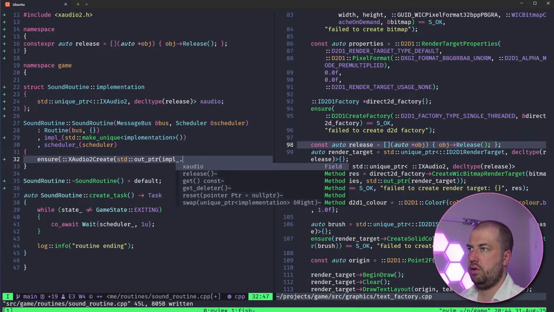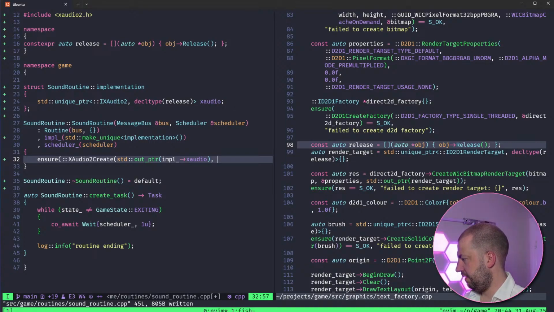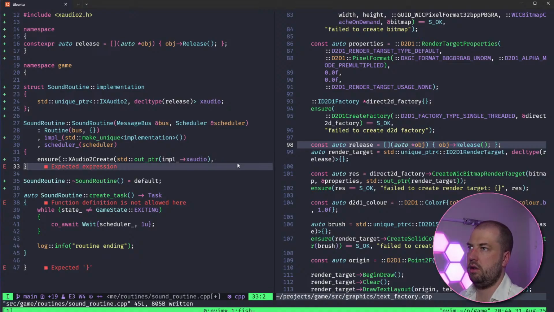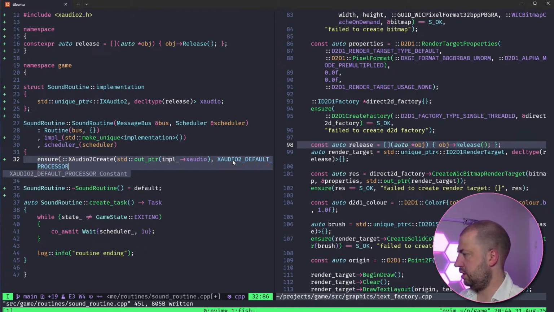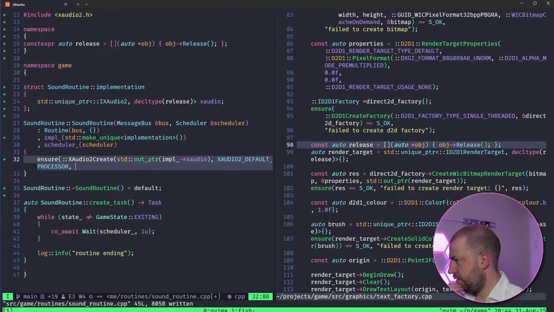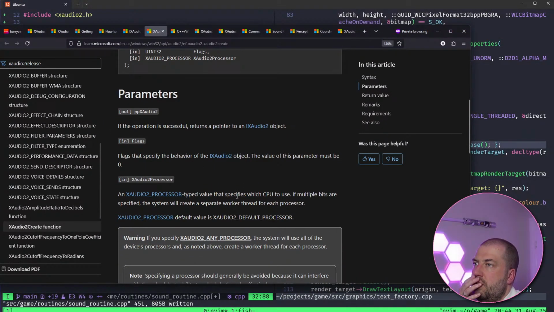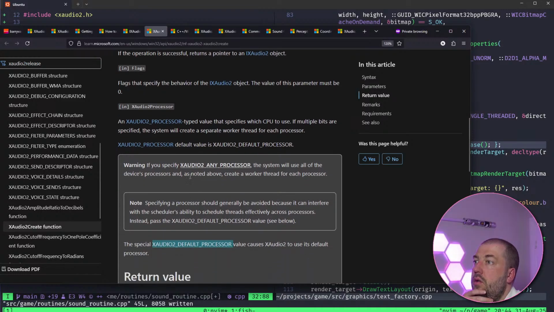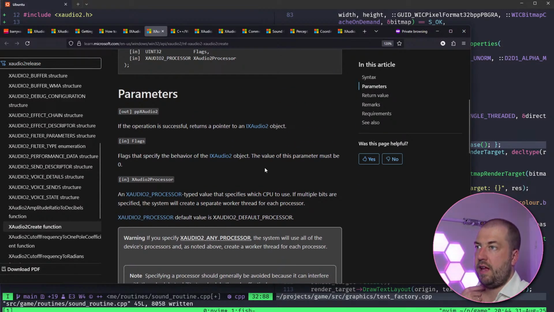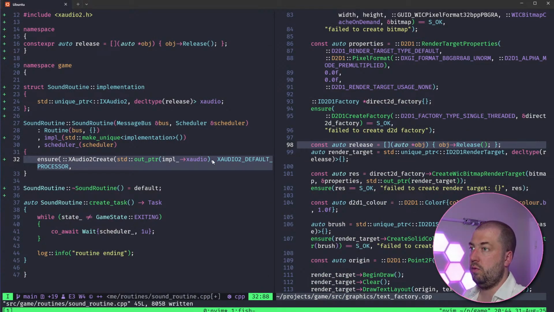Import XAudio, and then the flag I definitely want, the make it work nice flag, which is that. And then what do I want for the final argument? Oh, interesting. That's the processor, not flag. The value of this parameter must be 0. No flags for you. No flags for you. Classic Microsoft.